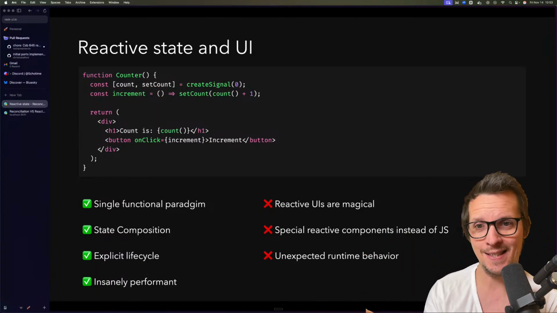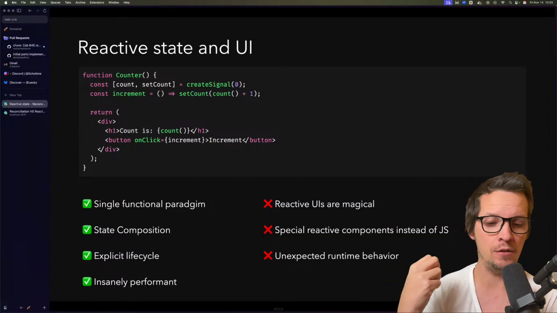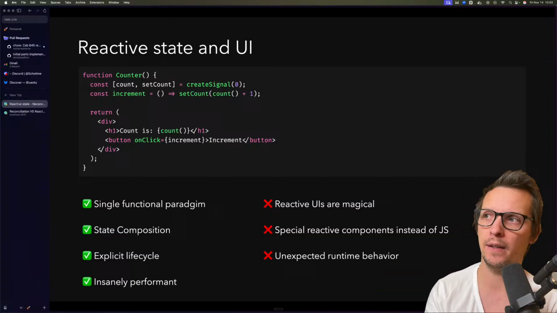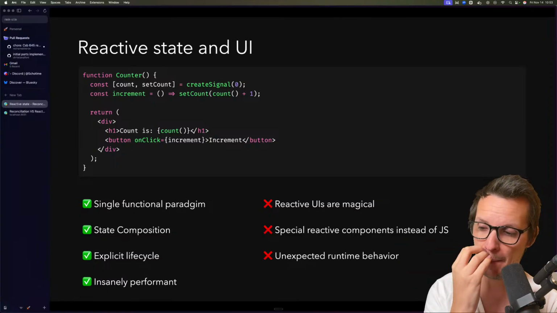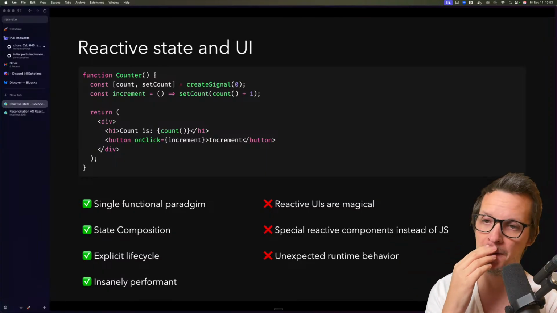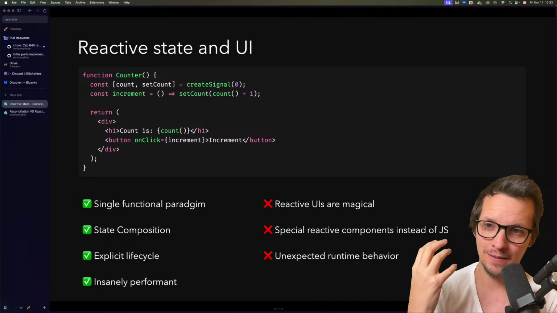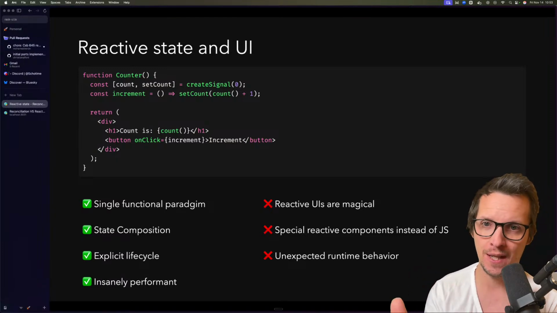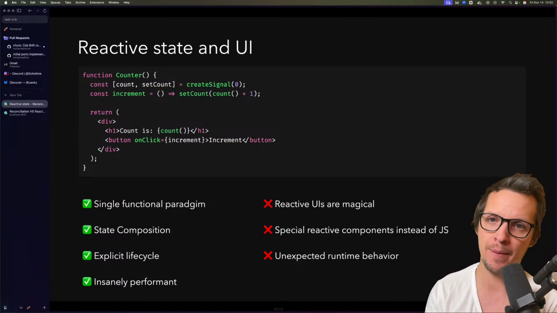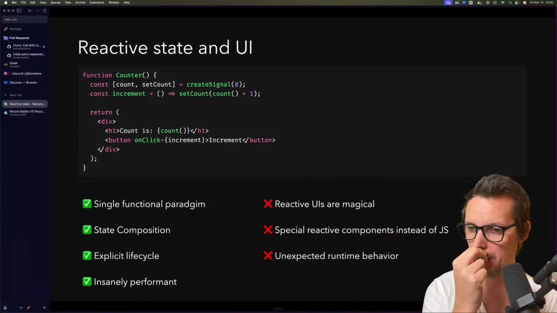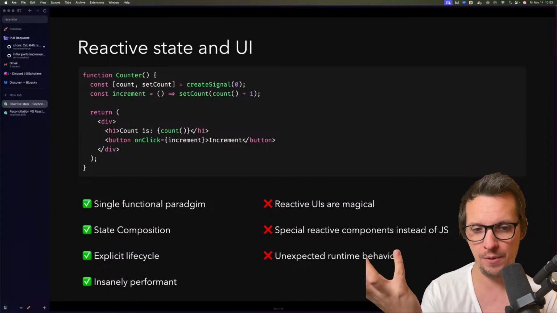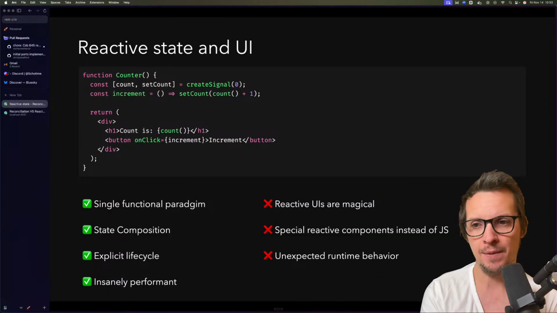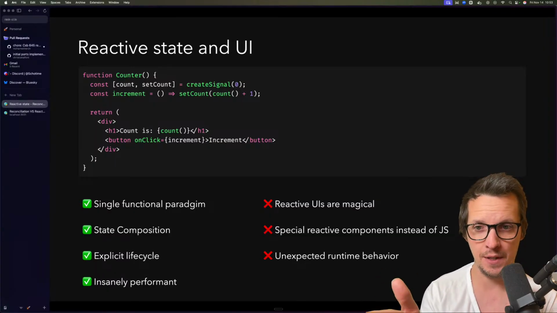Another thing is that it's insanely performant. You can't get anything like it, a virtual DOM is heavy or has a cost. But with complete reactivity through state management and the UI, you get the absolute best performance. But there's a cost to this as well, which is that even though the state management is very clear and concise,